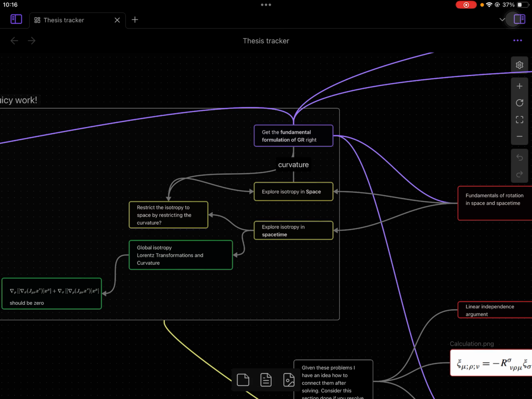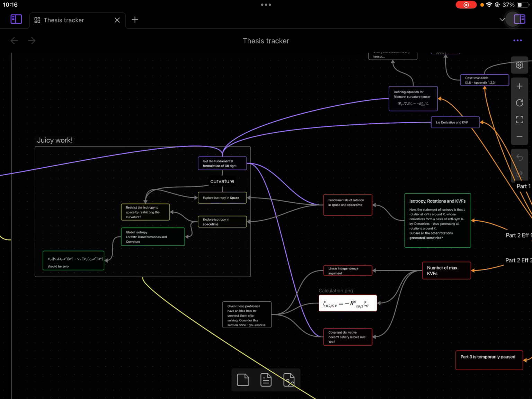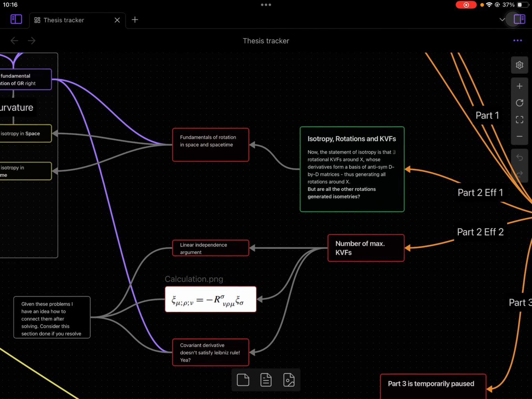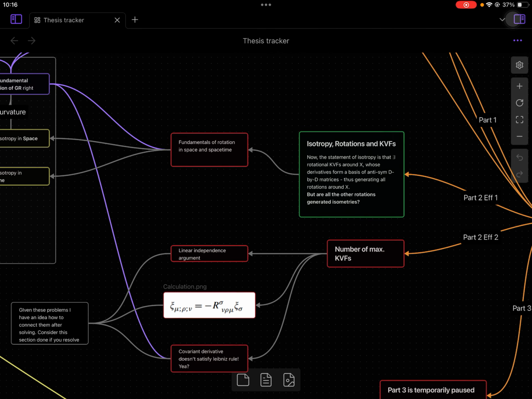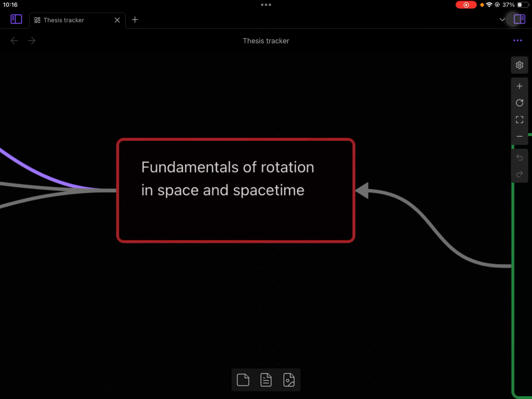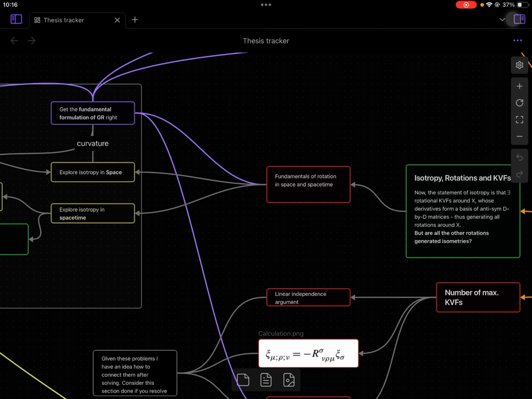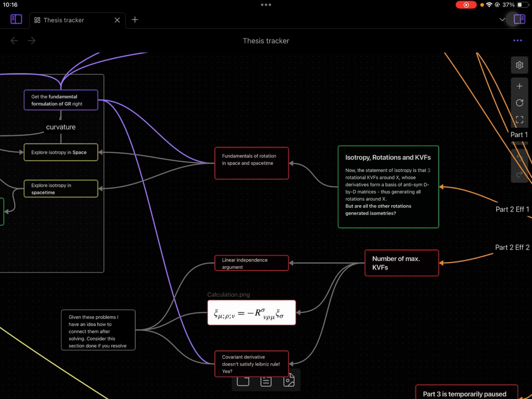So yeah, it's interesting. It will be interesting to restrict the curvature to space and do the calculation on that. How do you do that? This will be occupying some of my free time to do. I'll do them, and that's the fundamental of rotations in space, and that's how it began. Sort of kind of can understand now.